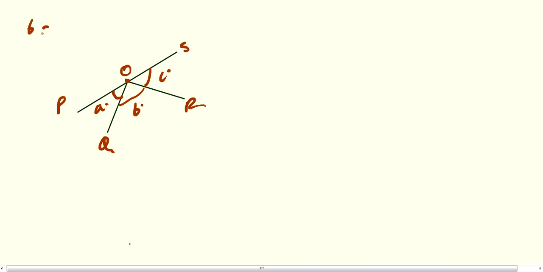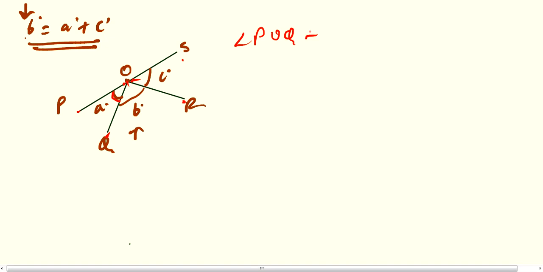Now in the question it is given that B degree equals A degree plus C degree. We will use this value here, and we have to find B only. So again POS is a straight line, a straight angle is here which equals 180 degree, and three angles we are having here, and we have to name them. The first is POQ, second is QOR, and third is ROS. So POQ plus QOR plus ROS equals 180 degree.